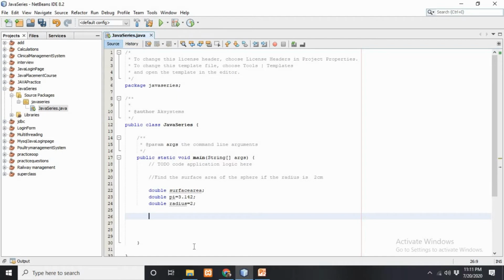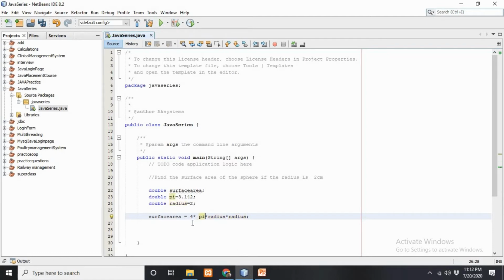I am going to write the formula, that is surface area is equals to 4 multiplied by pi multiplied by radius multiplied by radius. Why have I written radius 2 times? Sorry, this is not r, this is radius.